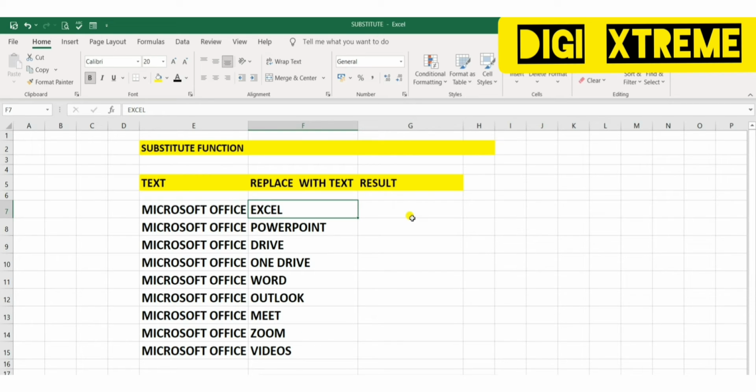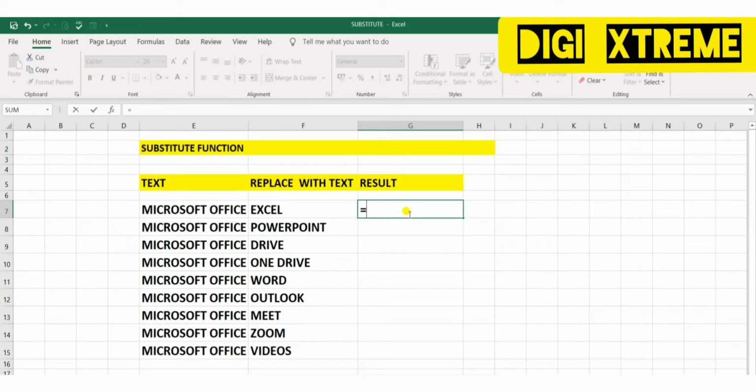So let's start with the formula. As you know very well, when we apply any formula, we start with the equal to or plus sign. So let me type equal to, then just press sub. You can see it is already giving you options: Substitute. How can you select this without typing the whole formula?